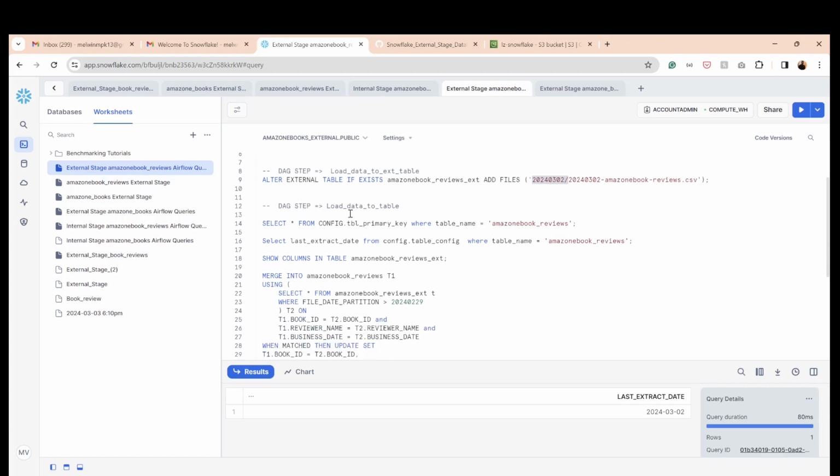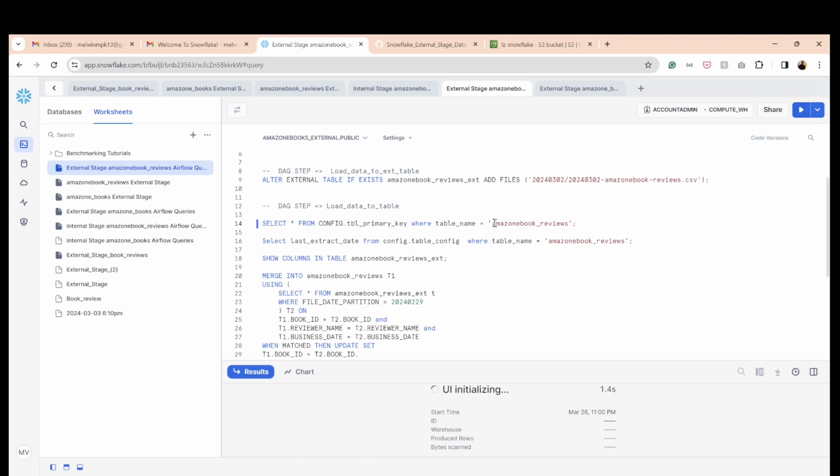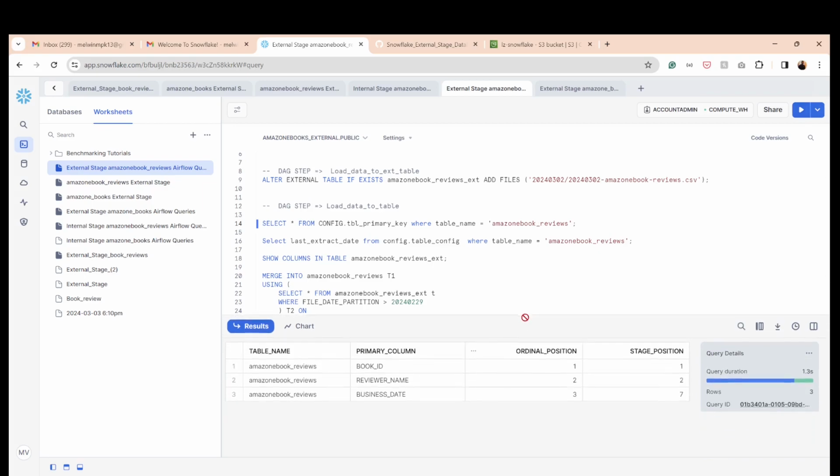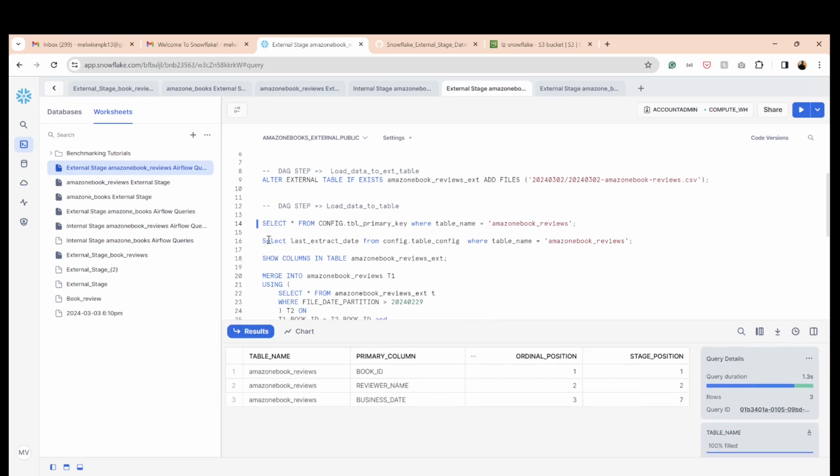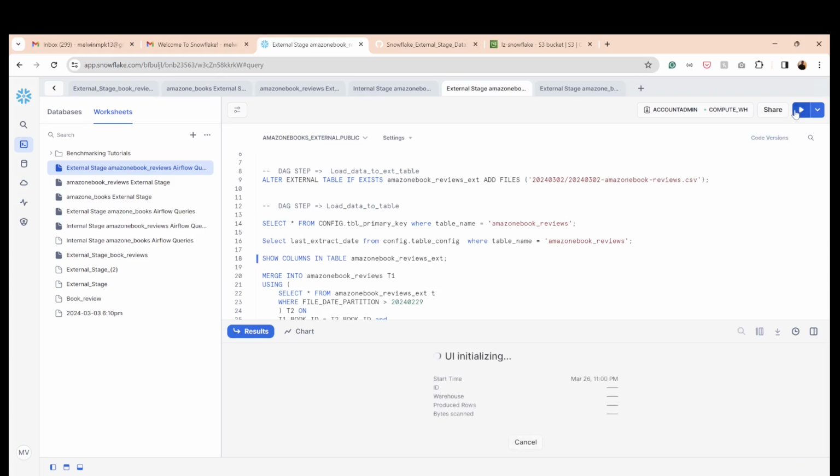The next step is load data to the table. To do this, first we are trying to get all the primary key entries which are there for the Amazon book review. So let me run this. For Amazon book review, we have 3 columns: one is book ID, reviewer name, and business date. Next, we are getting the last extract date, from which last extract onwards we need to get the data. And next, we are fetching the columns as well. We need all these data